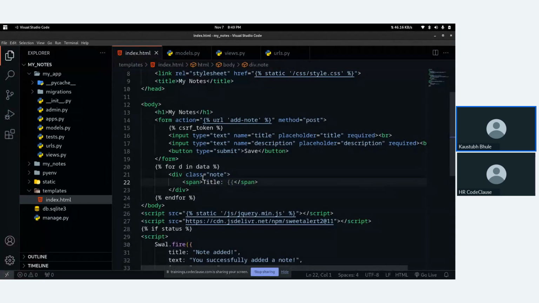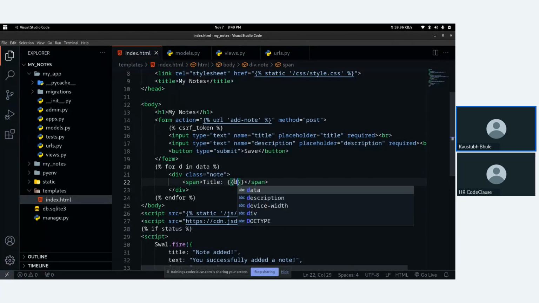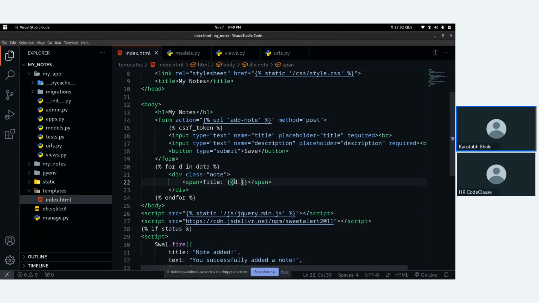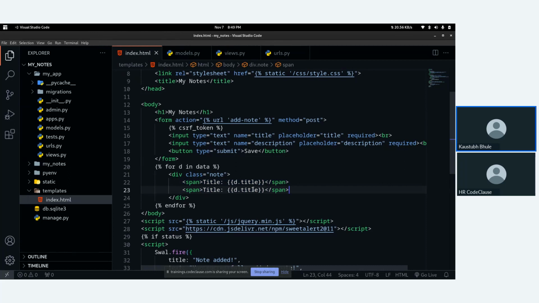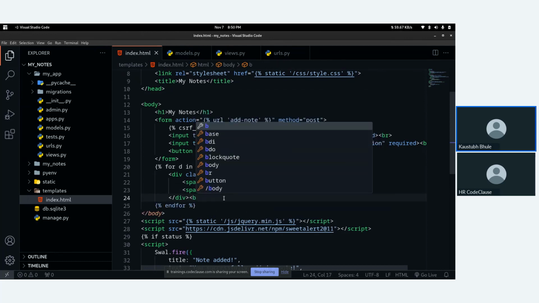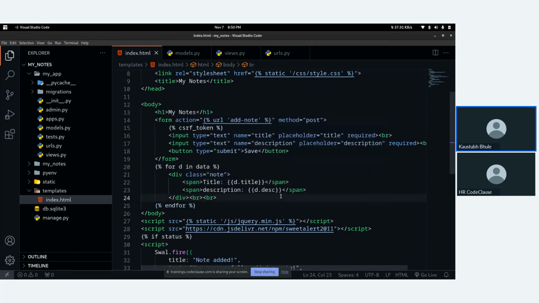Now, to load the data from that for loop, double curly braces, d dot title. Just copy these things again: title, description, and I will just add multiple break tags here to separate our data. It's not a proper UI. The main purpose of the whole thing is to understand how you can work with databases in Django.